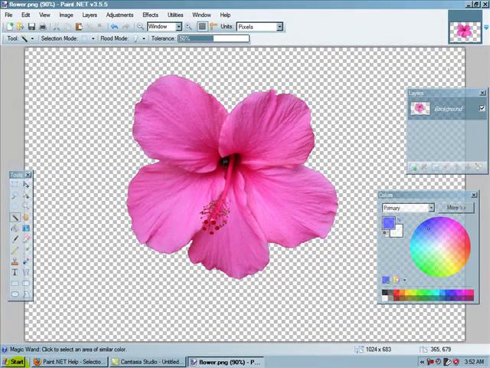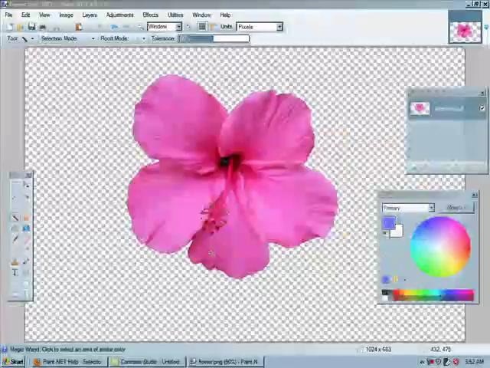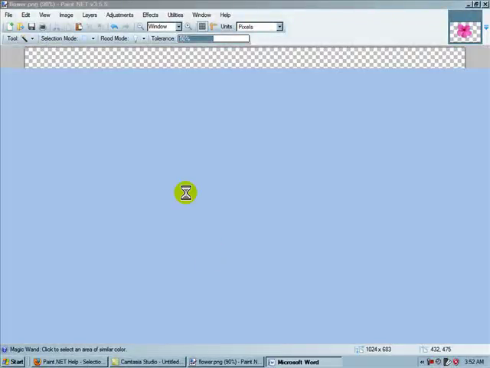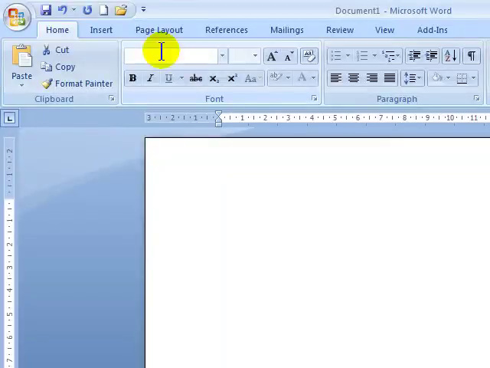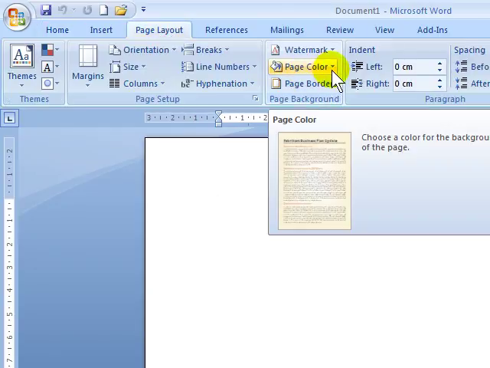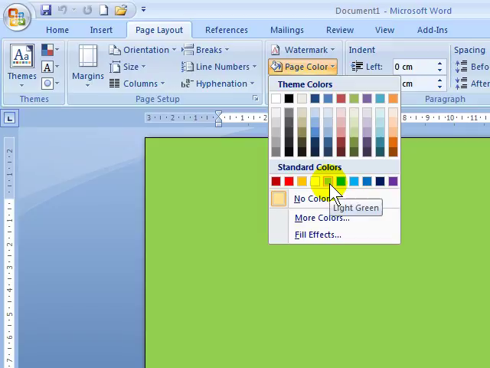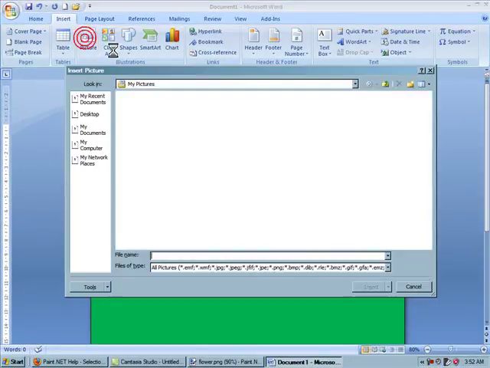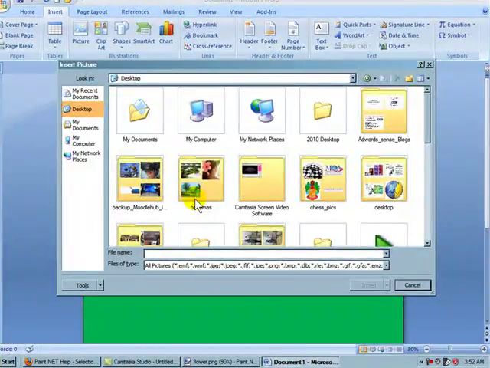Okay, now how do we know whether this is an invisible GIF? Well, I'm just going to go to Microsoft Office 2007, and here I'm going to include the image into the page, but just before that I'm going to change the page color to some other color. For example, let's use this green color here. So I'm going to click on insert picture. I need to go to my desktop, type flower,